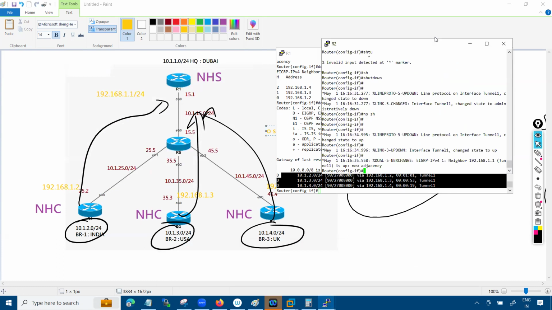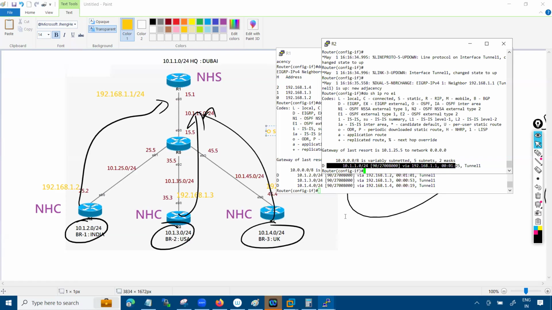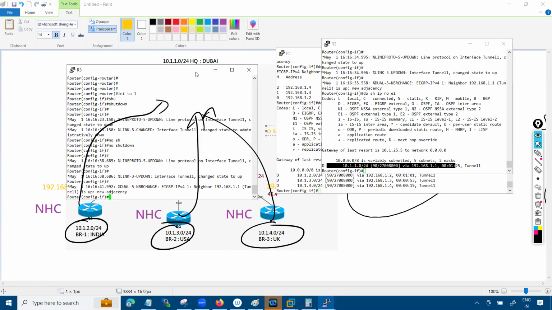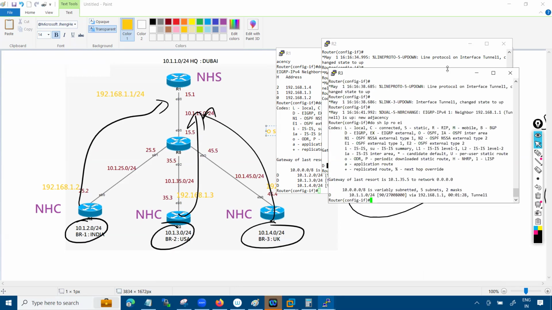Do I have routes from the other branches? No, I just have a route from Dubai. Even if you check on the United States of America, on R3, do I have a route from the branches? I just have a route from Dubai. So basically what's happening over there, by default, in the EIGRP routing protocol,